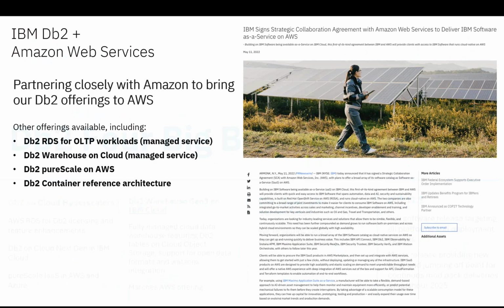So I just want to reiterate that IBM has a partnership with AWS, and Db2 is there in all of our form factors in some form. So Db2 RDS for transactional data is there as a managed service. Db2 Warehouse on Cloud, our own managed service offering for the warehouse products. We provide pureScale in the marketplace. So this is infrastructure as a service. You need to bring the infrastructure and manage it once it's deployed. But it's really a click-through panel type deployment that really removes the complexity of setting up pureScale in those AWS